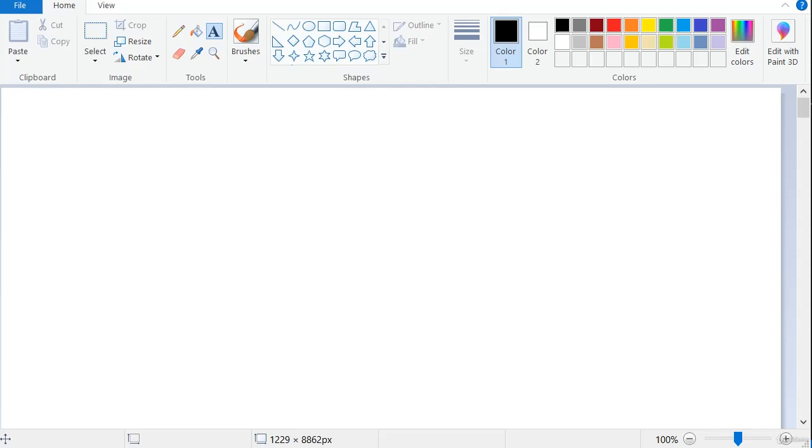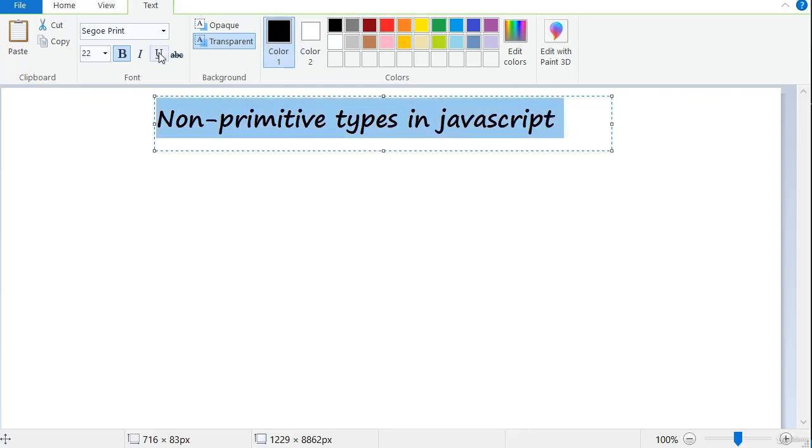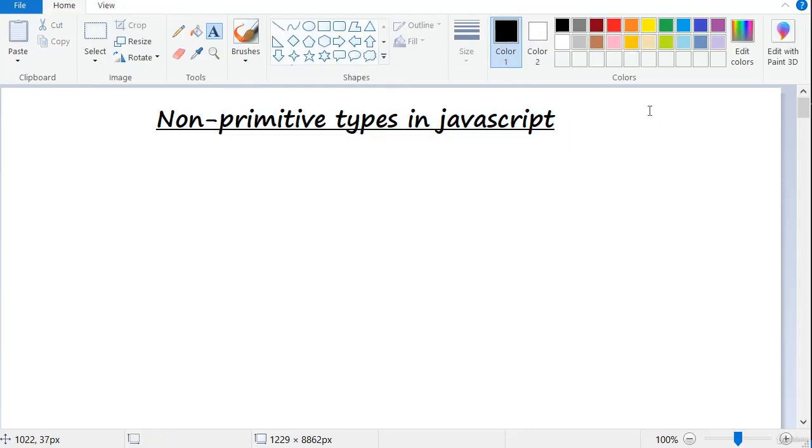Now we will discuss non-primitive types in JavaScript. What are the non-primitive types in JavaScript? Non-primitive types are reference types which are stored in a heap memory, and this heap